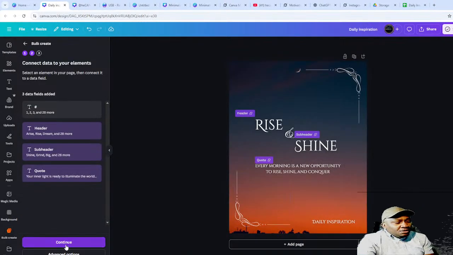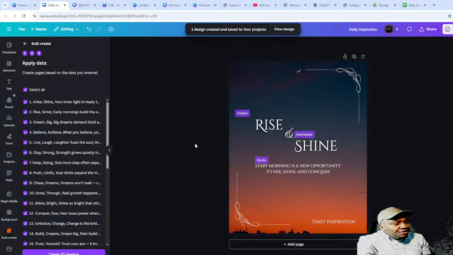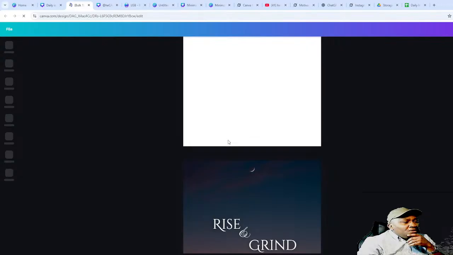If you just click on continue here, it will import all those number of days, 31 of them. Then click on design and just wait for it. It will create a page and it will pop up here when it's done for you to view your design. Now we can click here to view our design. When you click on it, look,